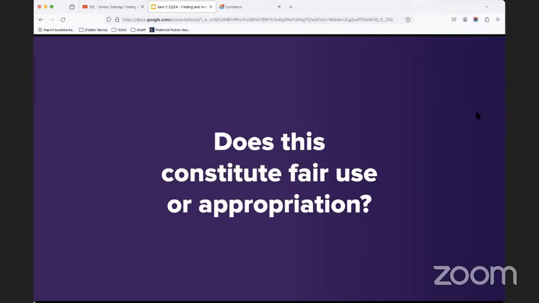So Debbie says that it's appropriation. If you don't mind, Debbie, could I maybe just ask you to share your thoughts on that? There's no right or wrong answer here. There's certainly no gotcha. I'm just genuinely curious to hear your own thoughts on that. So I've given you mic permissions there, Debbie. If you want to turn on your mic and expound on your answer, please feel free to do so. I'd be really interested to hear your thoughts.